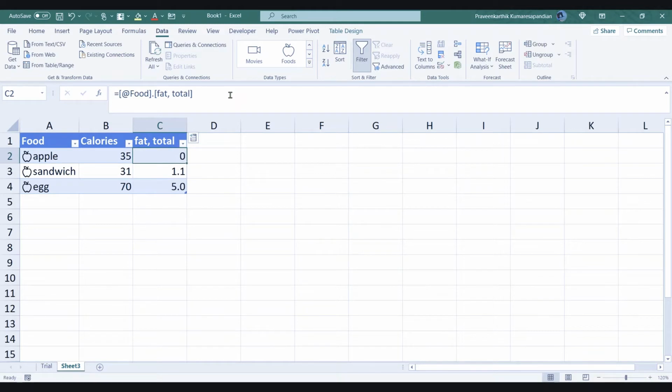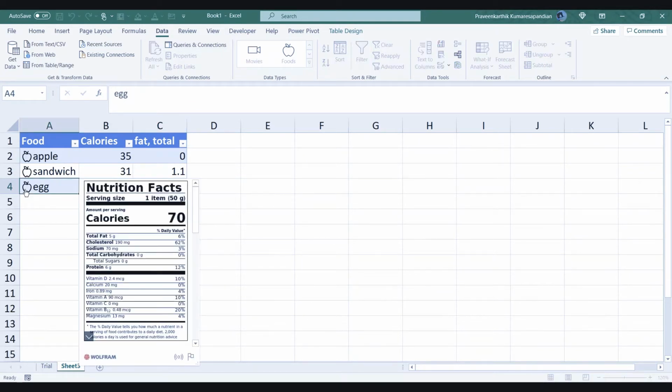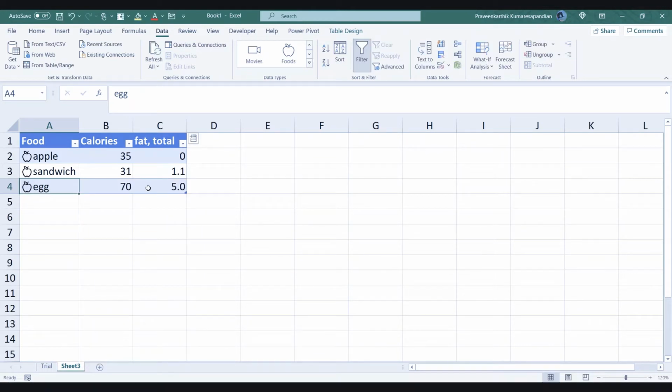Okay, so when I just selected that, Excel has even applied the formula automatically for me. There's no need for me to apply even that simple formula. So Excel has applied the formula and it says okay. So we have 5 grams of fat in how much it is, I think 50 grams. Okay, within 50 grams of egg we have 5 grams of fat. Okay, that's interesting. In the same way you can add all the food items that you are looking for, and